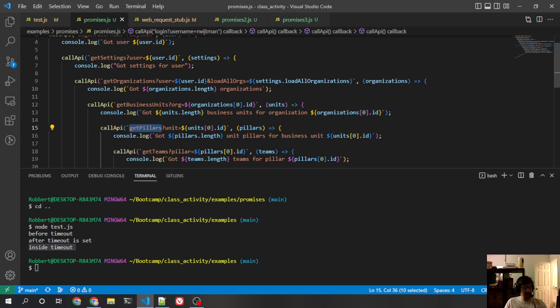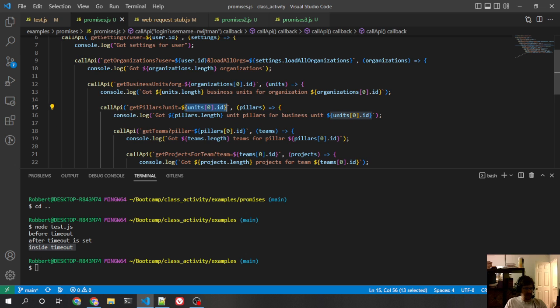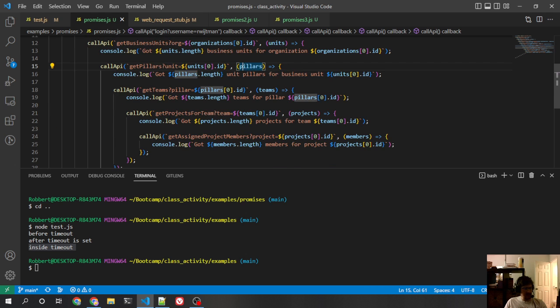We can get the pillars from the business unit ID, which we couldn't do until we loaded that. We can get the teams in the pillar, which we couldn't do until we had the pillars. We can get the projects on the team, which we couldn't do until we knew what those teams were, because we need the ID. And then we can get the assigned project members, which we couldn't do until we knew the project. So if I run this,